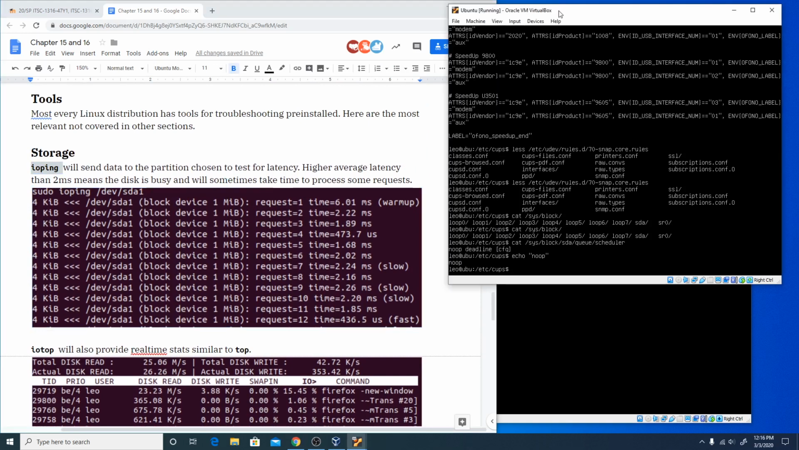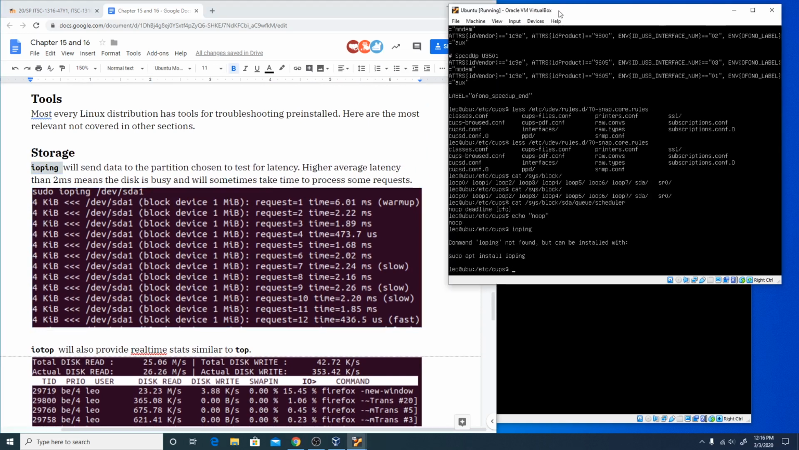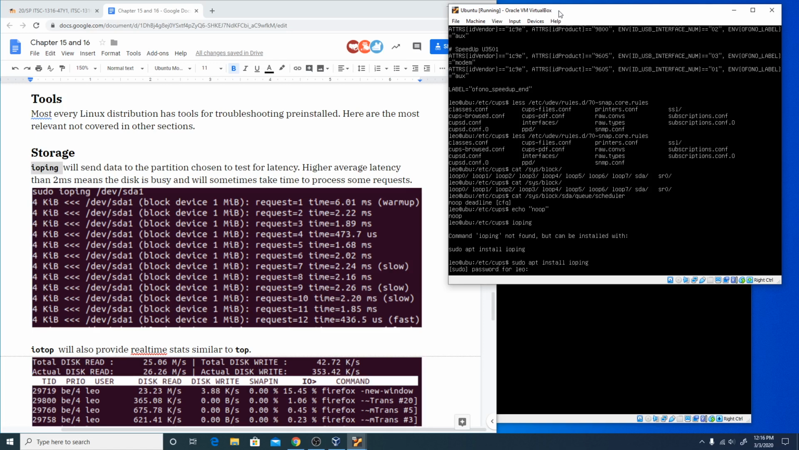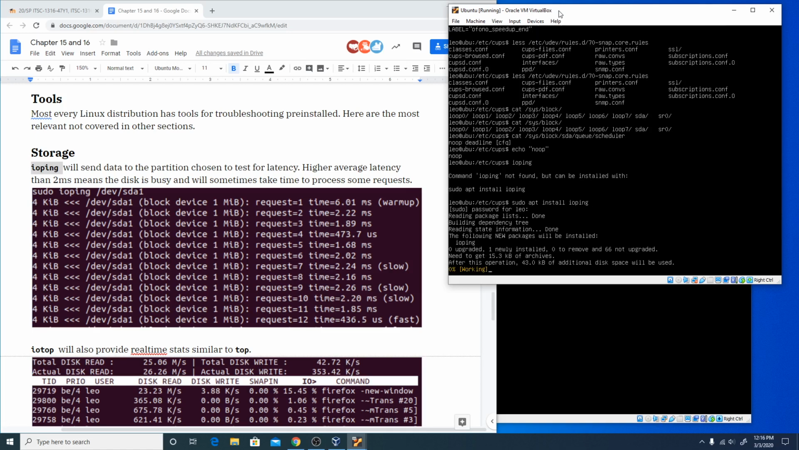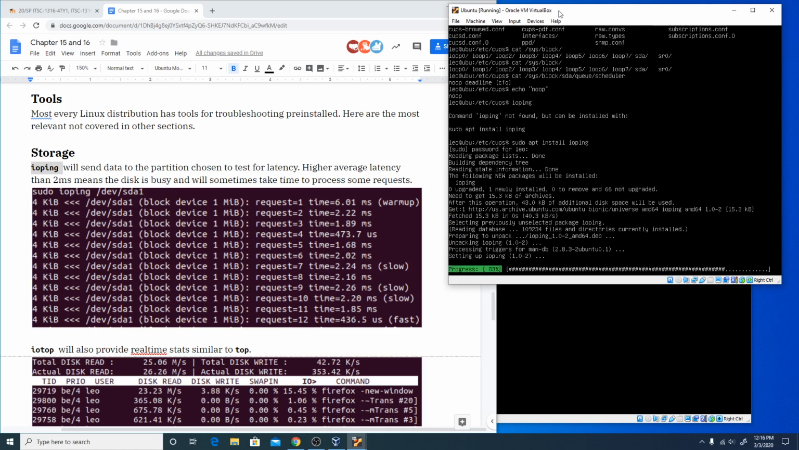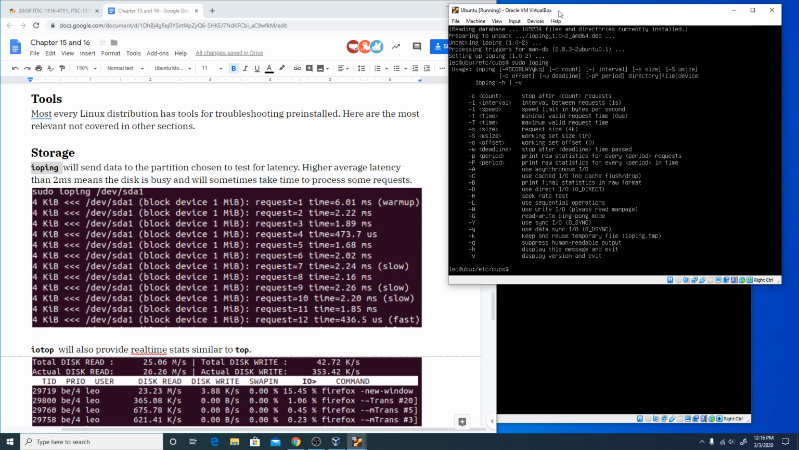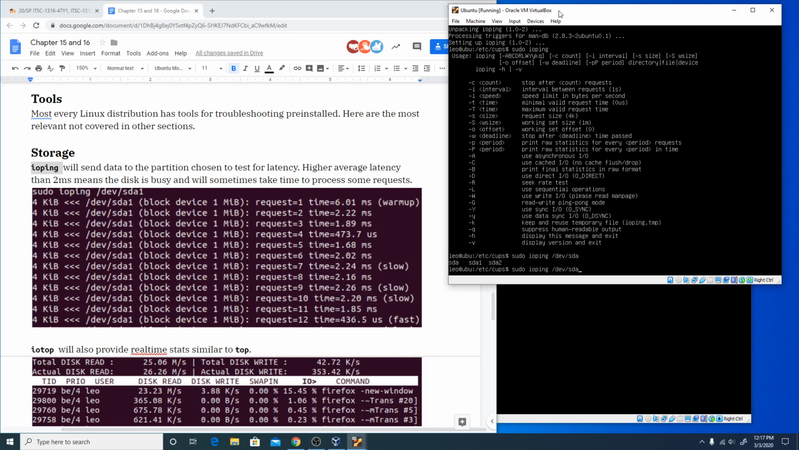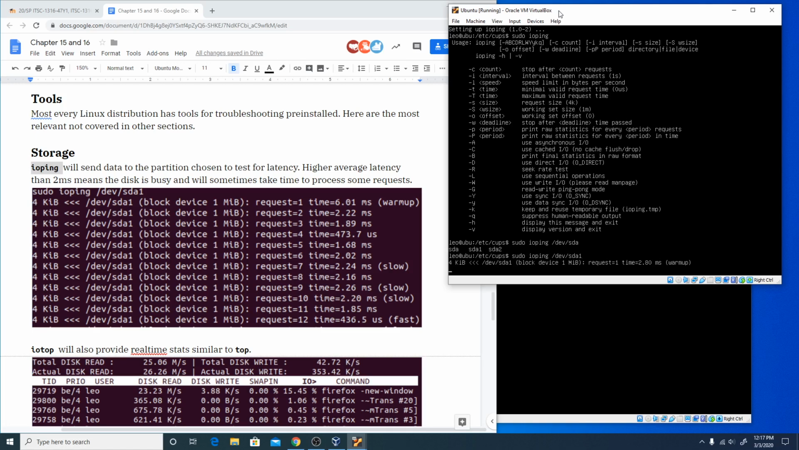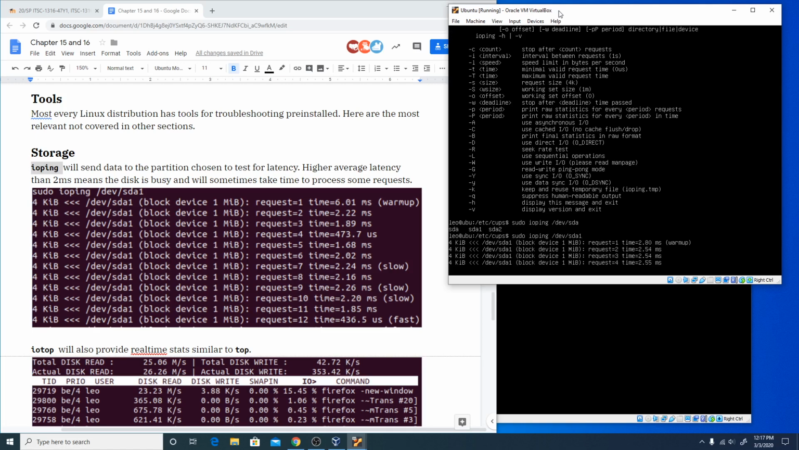So ioping is not installed by default, so you've got to install it. But after you do that, you're able to run it. I think it's going to yell at me if I don't specify. So you do sudo ioping and then tell it a partition, right? sda1 or sda2. I think sda1 is where all my stuff is. So if I do sudo ioping here,